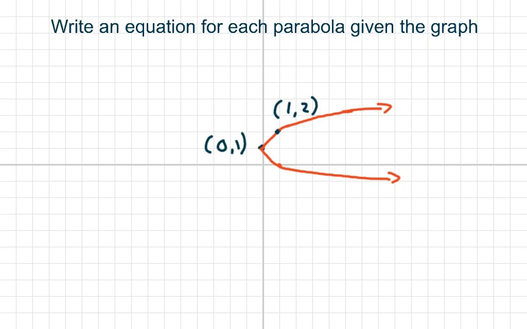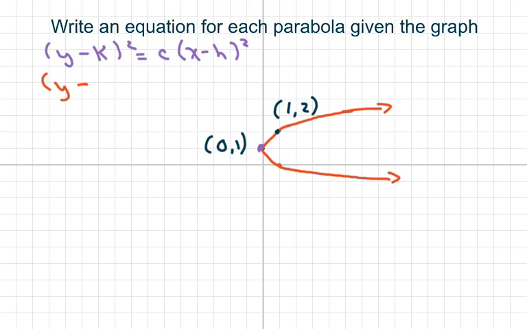Hey everyone, we're going to write an equation for each parabola given the graph. Here's the graph they're giving. We know that this opens to the right, so it has the form y minus k squared equals c times x minus h squared. Now my vertex is right here, 0, 1, so we have